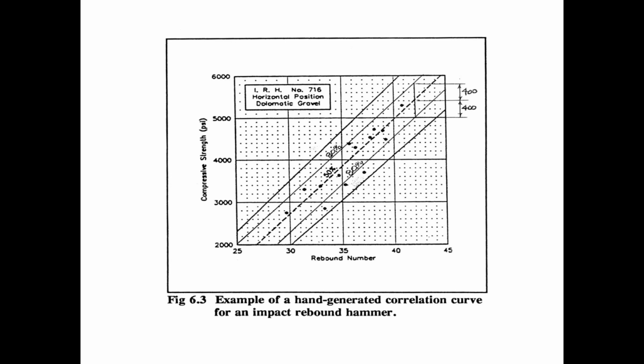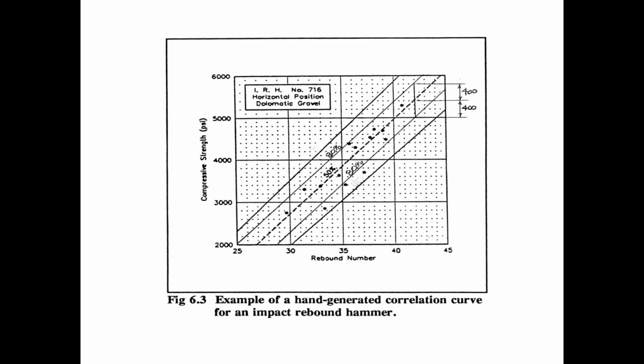So if we're going to draw these 95% confidence limit lines by hand, the way that we would do that is we would start with our 50% confidence limit line, and then we would draw our 95% lines, and they're going to be somewhat parallel to that 50% line. But the question is, how far away from that 50% line do we go in drawing our 95% confidence limit lines? Well, if we had 100 data points,